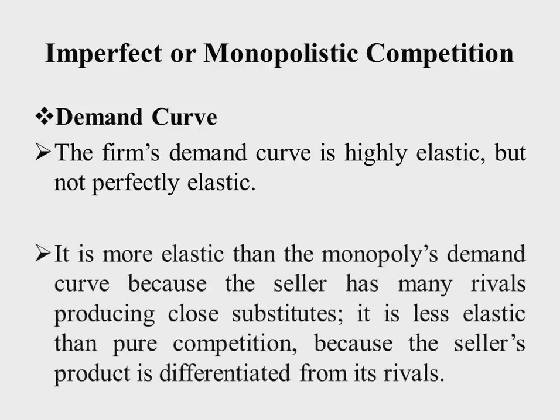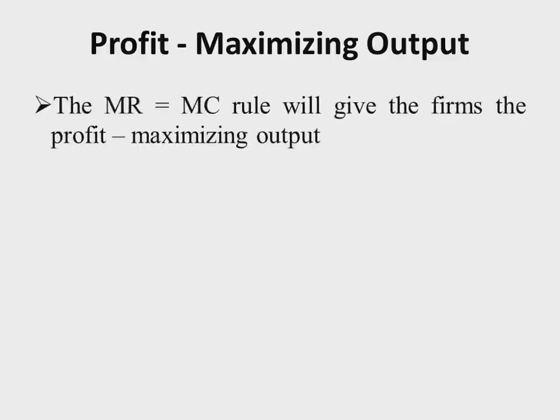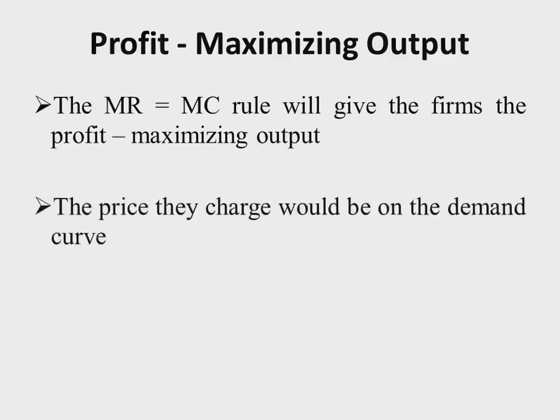It is more elastic than the monopoly demand curve because the sellers have many rivals producing close substitutes. But it should be noted that these are not perfect substitutes. Therefore, it is less elastic than pure monopoly because the sellers produce products that are differentiated from their rivals. The profit maximizing rule still maintains that under monopolistic competition, profit is maximized where marginal revenue is equal to the marginal cost. And from there, we see that the price they charge would be on the demand curve,